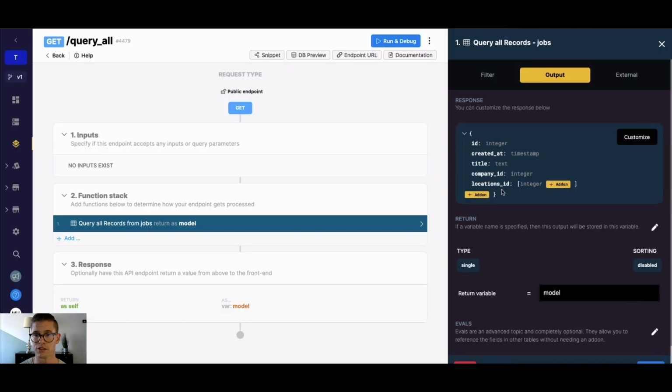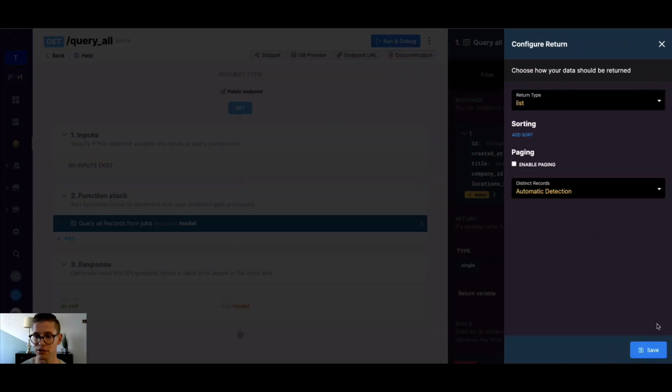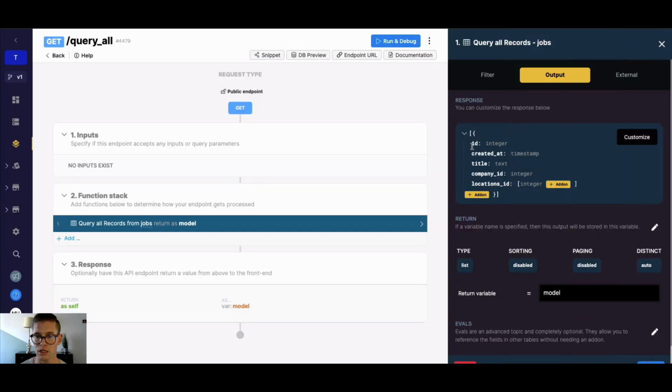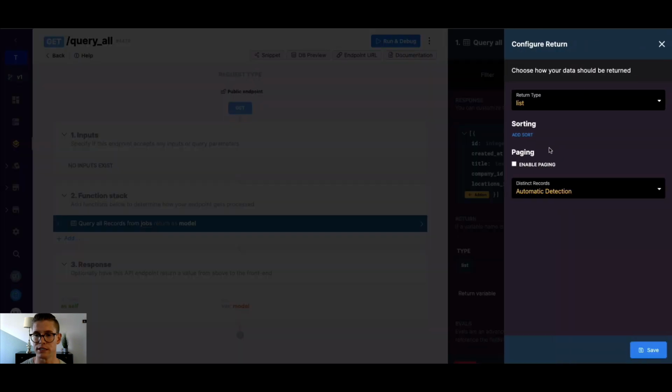So single will return basically a single object here. See how there's no array brackets here versus when I change this to a list. So why single is important is because